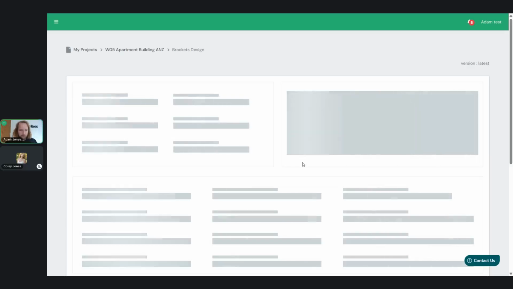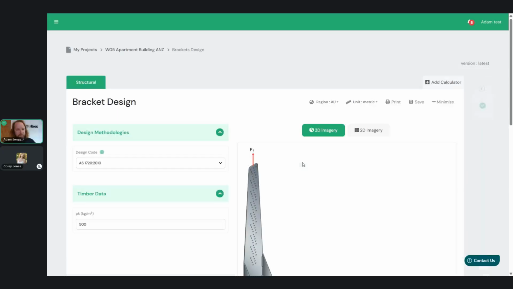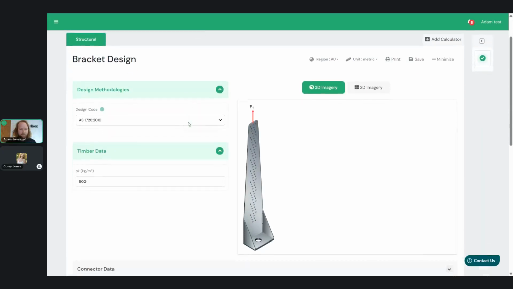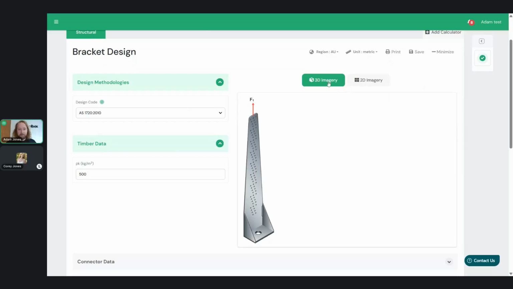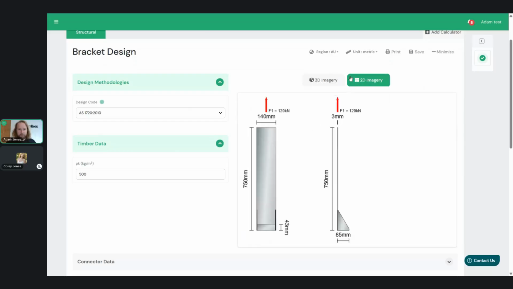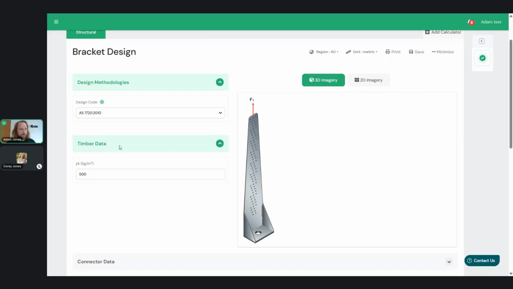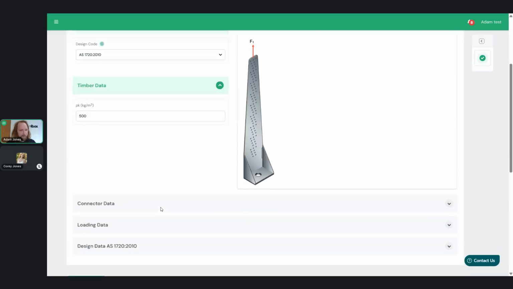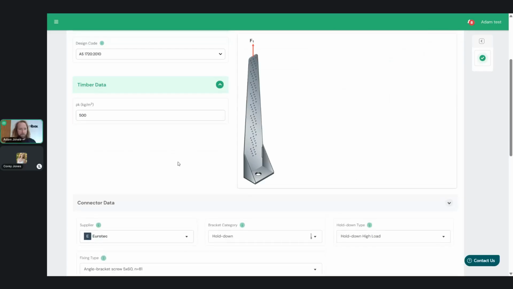All right, so let it load. This is also a recent feature where we let it load a little bit differently. So what you're looking at here is a bracket. You got a 3D imagery and a 2D imagery of the specific bracket that's been selected. You got your design codes again, so Eurocode or A1720. You got your densities of the timber, which is an input that works dynamically with the databases